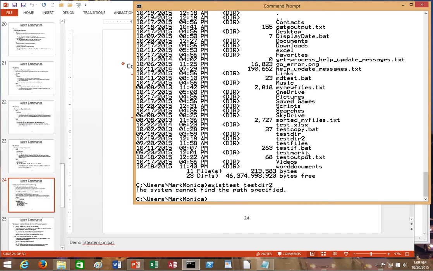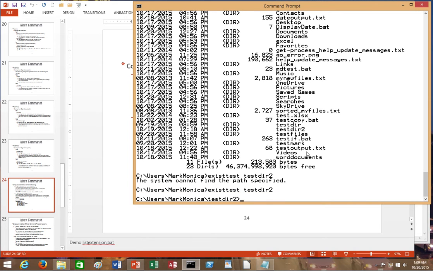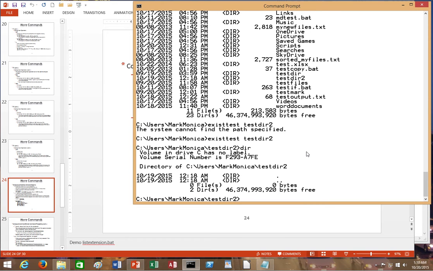It's interesting because it did that to me earlier as well, and I'm not sure. It seemed to work when I ran it the second time, and I'm not exactly sure what's going on there. As you can see, I ran it again. I didn't change anything. I didn't retype it in, and it seemed to work. So I'm not quite sure what's going on there, and I am in the testdir directory, and I don't have